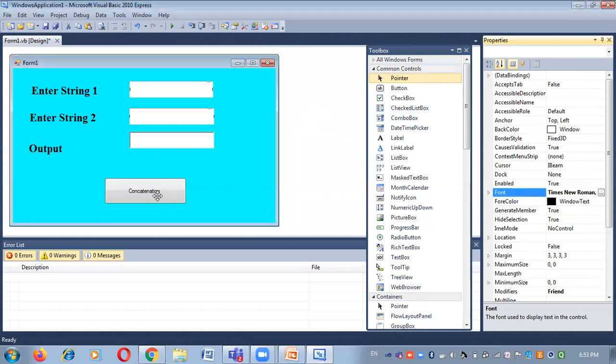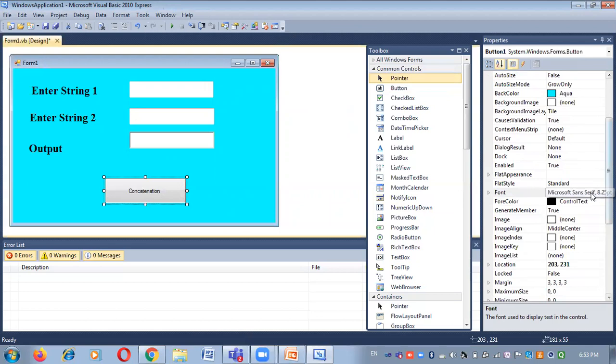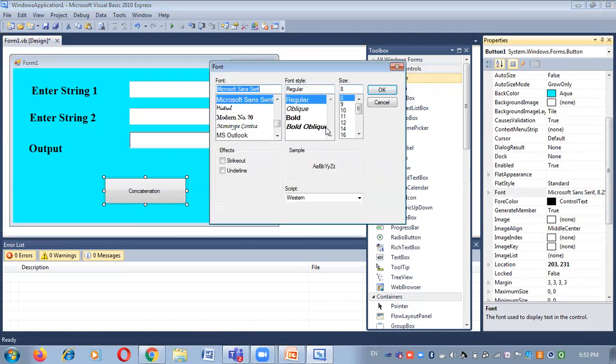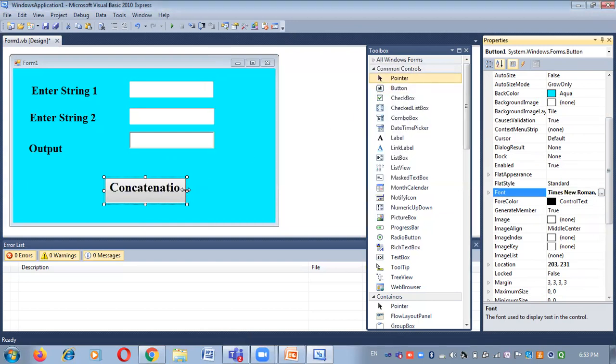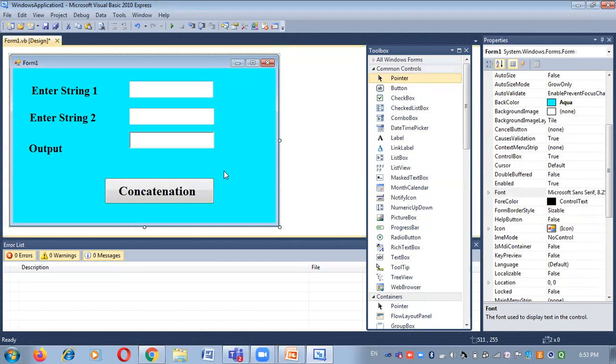And similarly for the command button. All these things are optional. It is not necessary while building any simple application to run the application; it is only for designing purposes. If you want to set the size of the button to 20, then you can set it to 20.